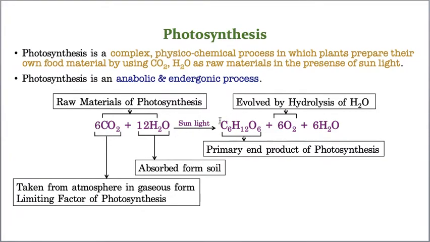Why? One large molecule is formed by the joining of two small molecules by using sunlight as a source of energy. So it clearly proved that photosynthesis is an anabolic process, and it is also called an endergonic process. Why is it called an endergonic process? Very simple, you just see this equation, all your doubts will be solved.